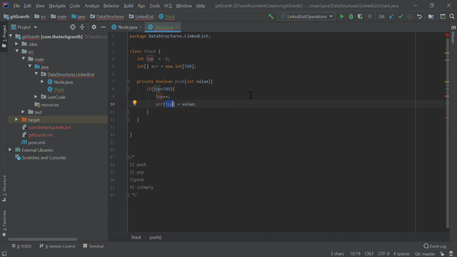So suppose in my stack, initially I had value 1, then 2, then I pushed 3, then I pushed 10, like this.